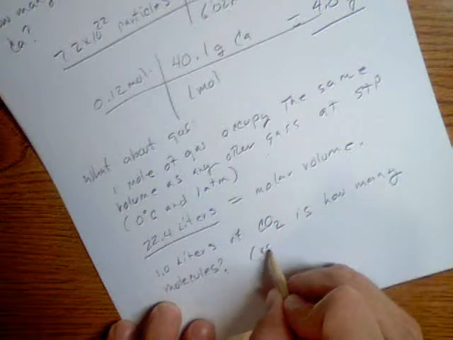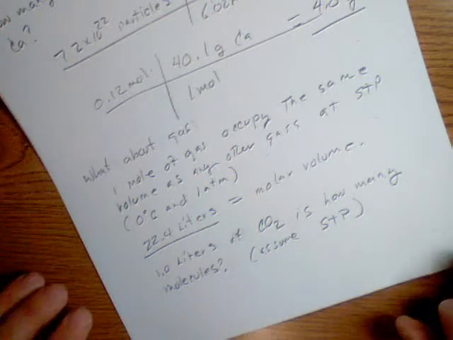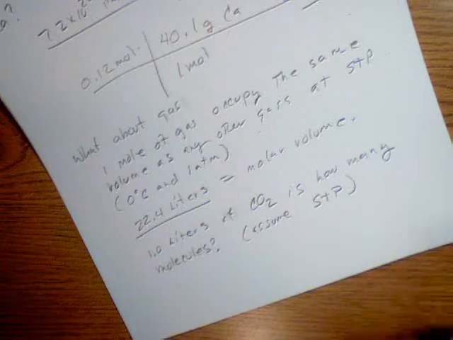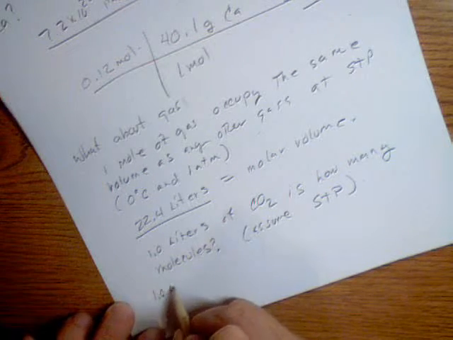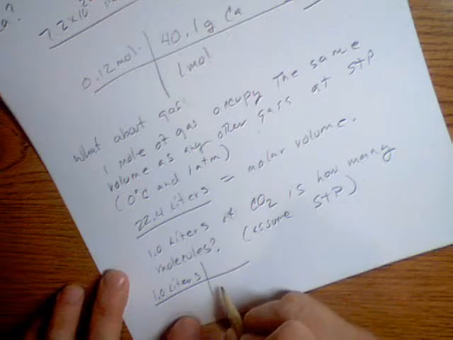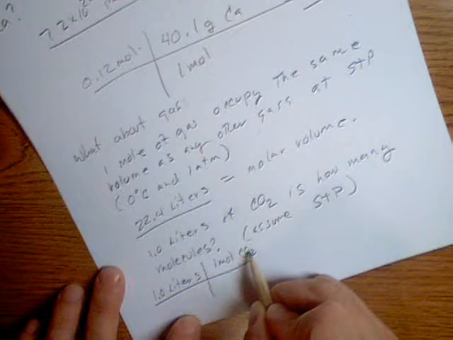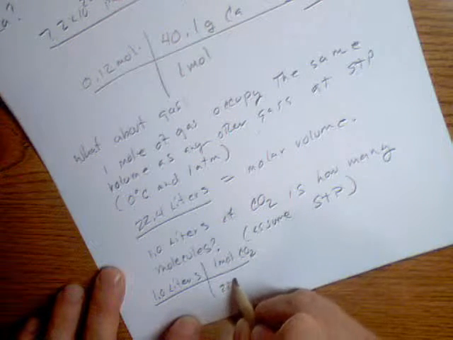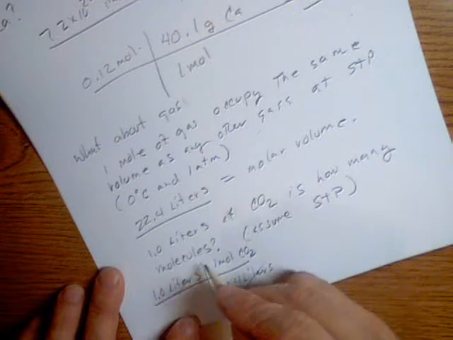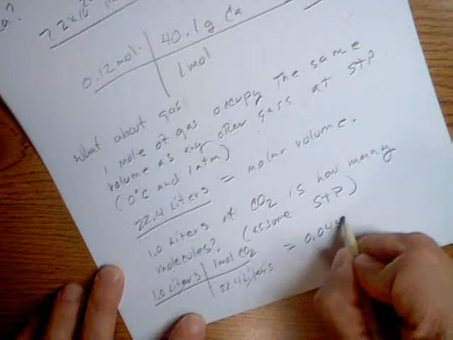And of course, assume STP. I mean, this will only work if it's at standard temperature and pressure. Okay? Well, 1.0 liters, and we already said that 1 mole of CO2, or any other gas for that matter, is 22.4 liters. So our liters drop out and we get moles, so that'll be 0.045 moles